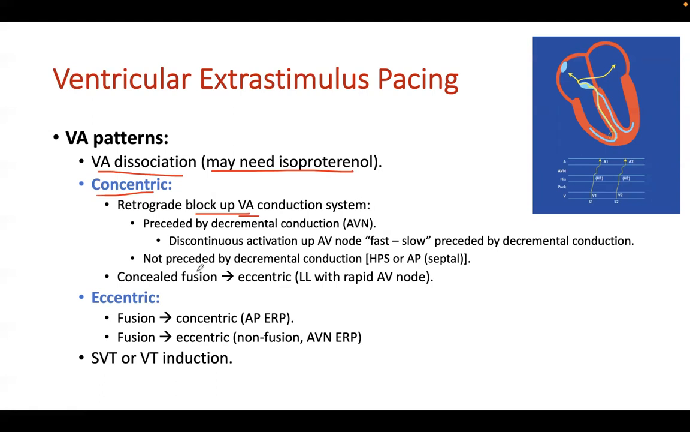Or if you see VA blocking before prior decrementation, sometimes you block at the Purkinje system distally, which might be a sign of Purkinje disease. But typically in a young individual you either see decrementation then block, or no decrementation and suddenly block. This suggests accessory pathway. Okay guys,